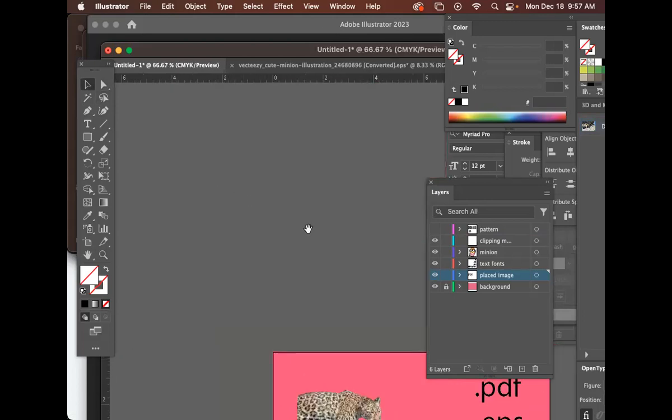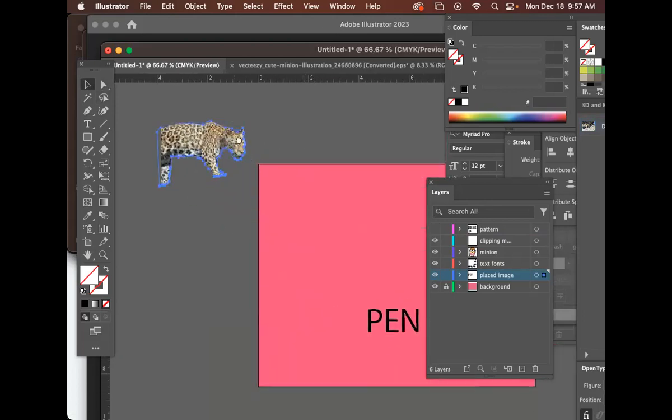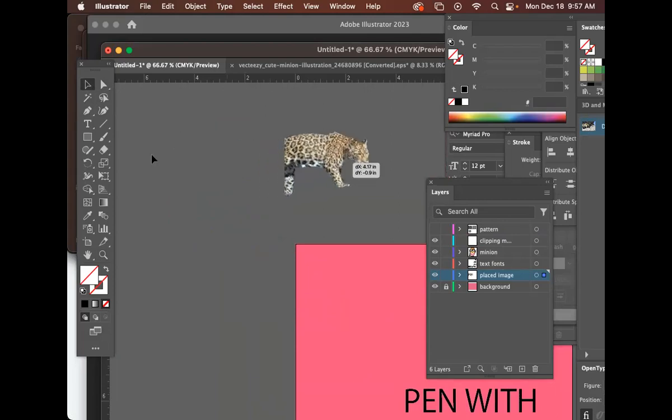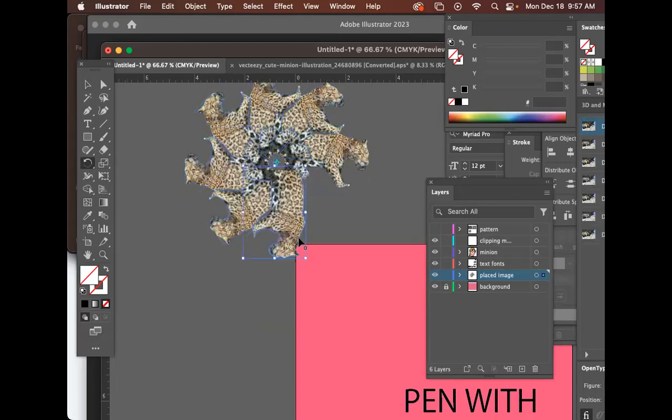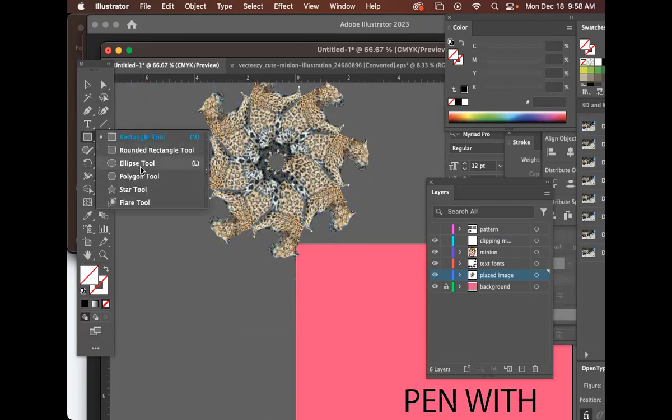Okay, and what's cool about a clipping mask is it temporarily hides the background of the picture, and I can do all that crazy stuff that I did earlier. What if I did a rotate on this one, and I do like a nice Jaguar flower, right? And then I get my Illustrator, and I draw myself, oh, not a hexagon, an ellipse tool,